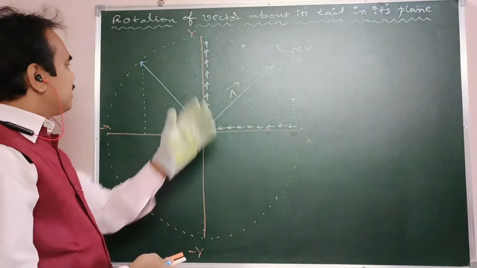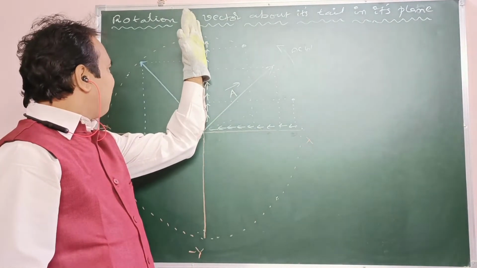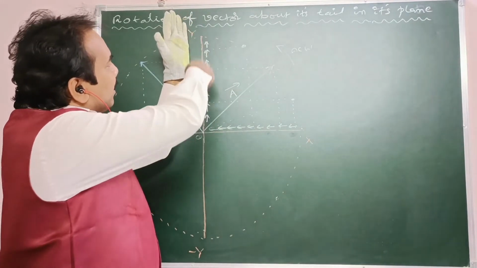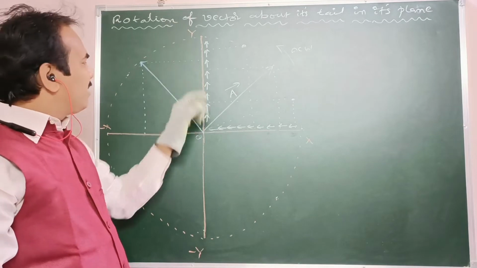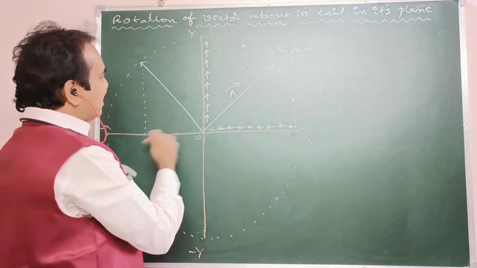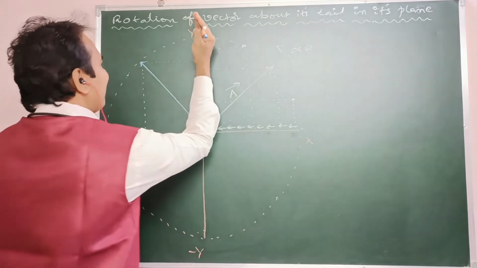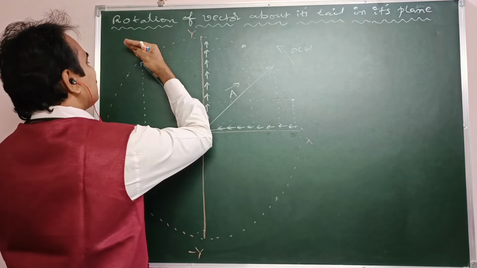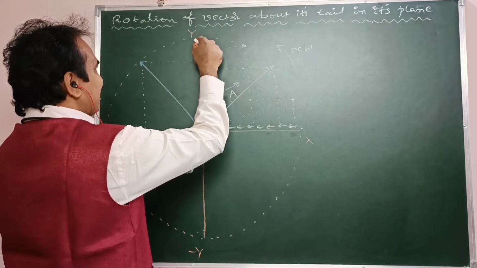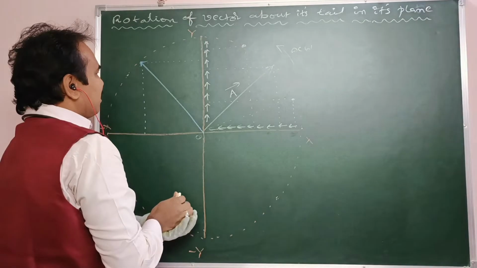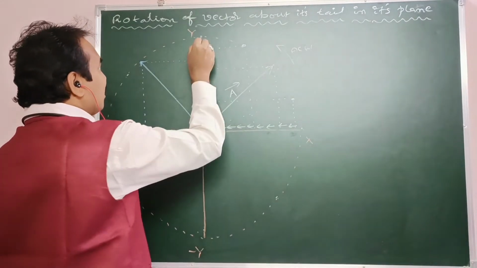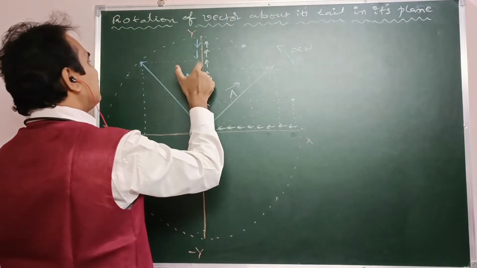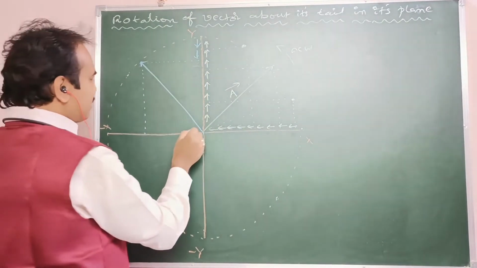When the vector is along the y axis, it has a total magnitude, meaning it has only a y coordinate. What about the x coordinate? 0. When it is rotated like that, in the second quadrant, especially in the anti-clockwise sense, what happens? The y coordinate gradually decreases. What about the x coordinate? It increases.